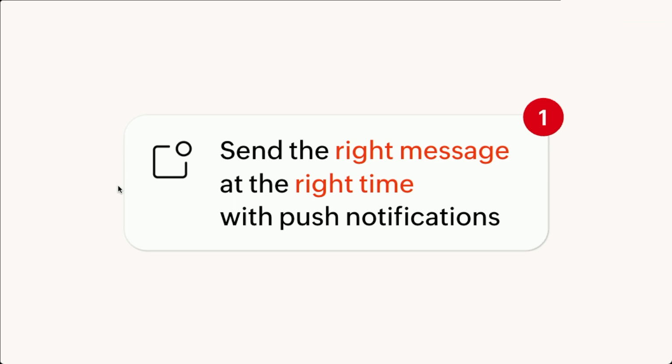It is run through our own proprietary sentiment analysis. So you get to understand whether it's a positive feedback, a negative feedback, or a neutral feedback. And the developers also get additional information like diagnostic info, etc. with that feedback. The next step is sending the right message at the right time, which is your push notifications.